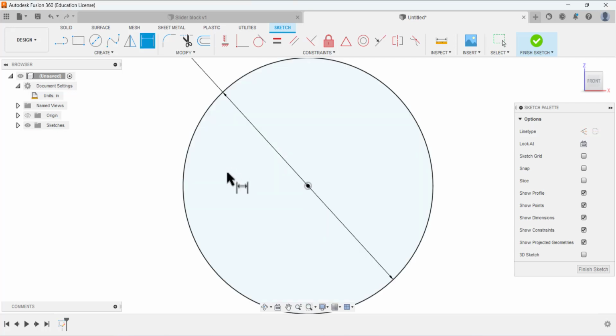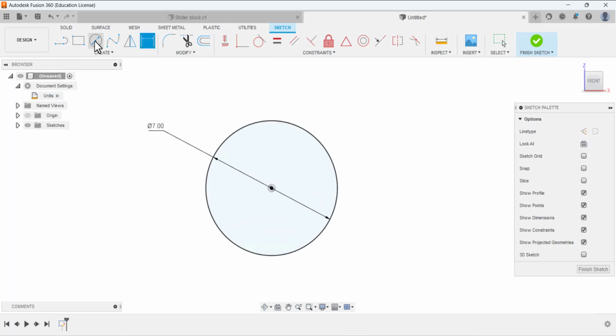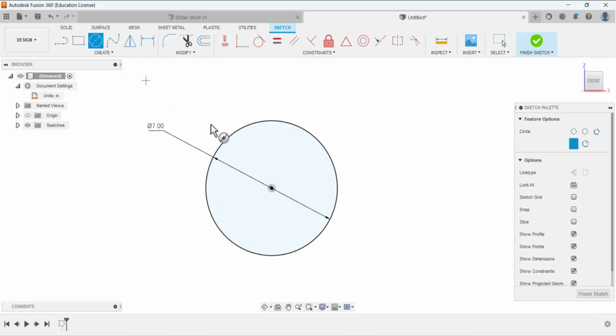inches. Okay, next we have to make a hole, a circular hole here on this place. So select the center diameter circle. This origin will be the first point. Draw a circle like that, and